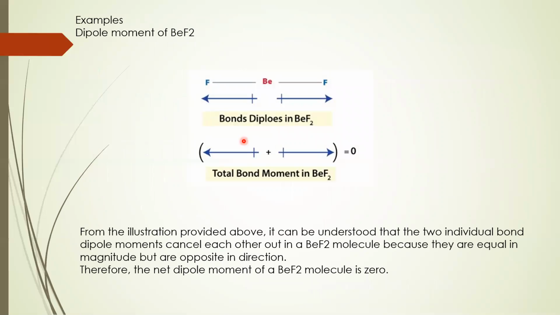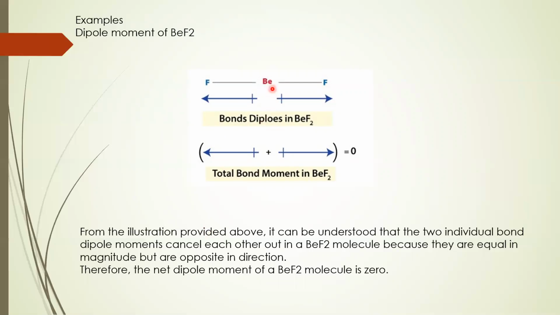So how can we learn or calculate dipole moment? We have the formula mu equals the square root of n into n plus 2. You will learn this in detail in your grade 12 chemistry. Right now you need to focus on which molecule has a higher or lower dipole moment, so that we will be taking into consideration.